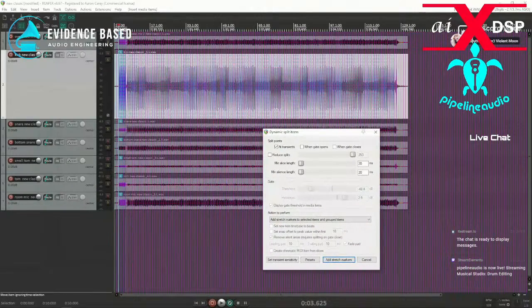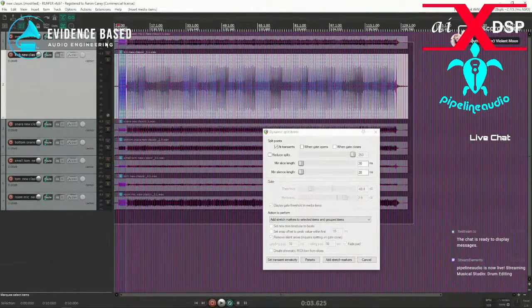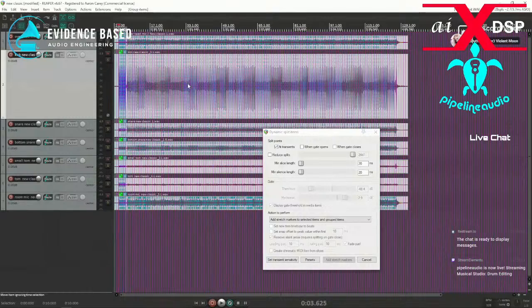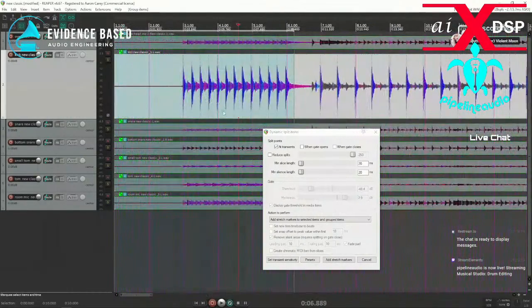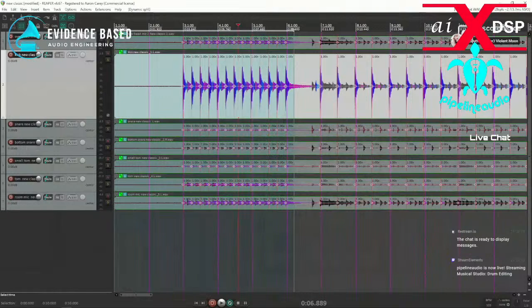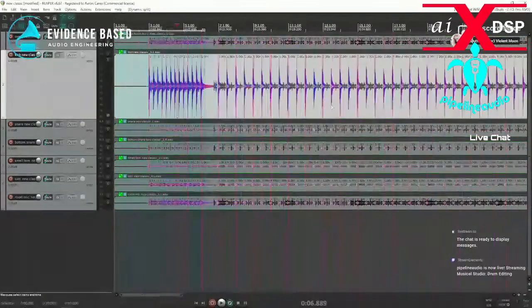So I guess I better group these things, right? Let me group it now. This is going to be the selected item, but it should add it to all of them. So if I click add stretch markers, everything's got a stretch marker. Okay, so now that all the kicks have got it,